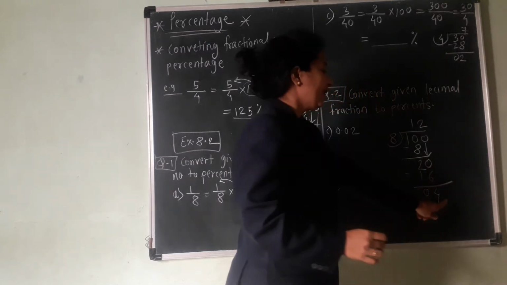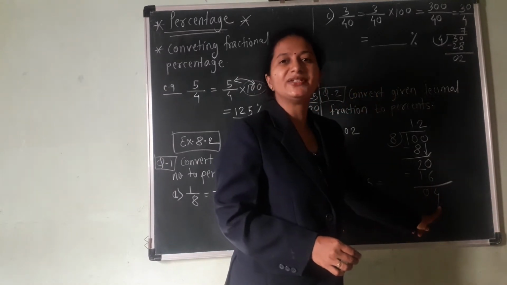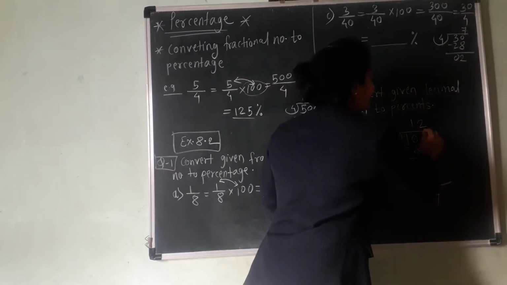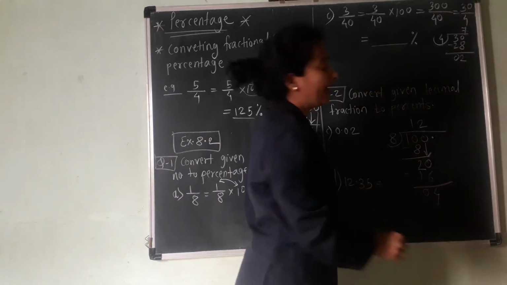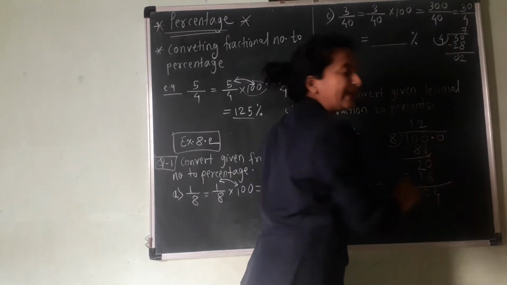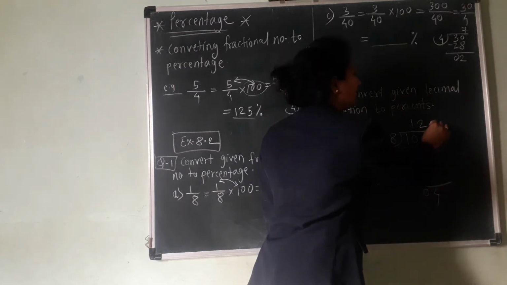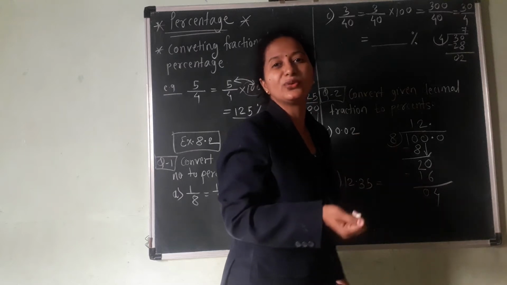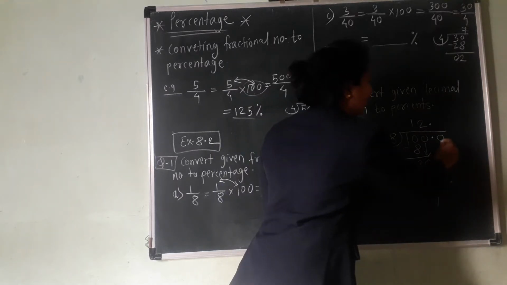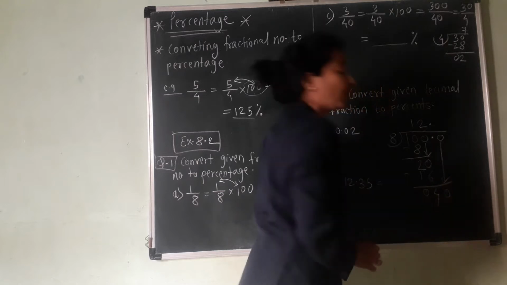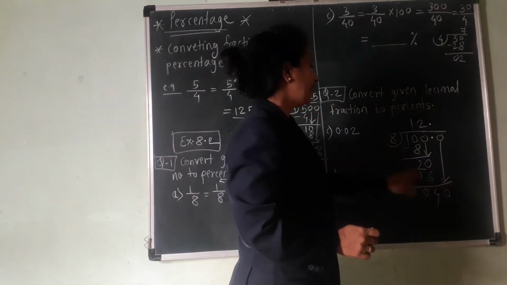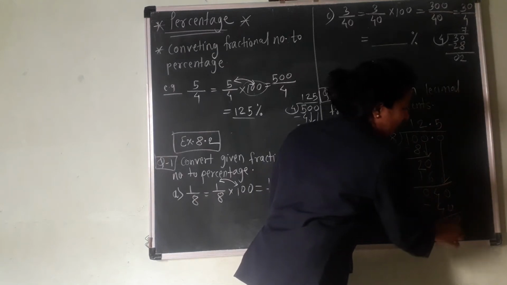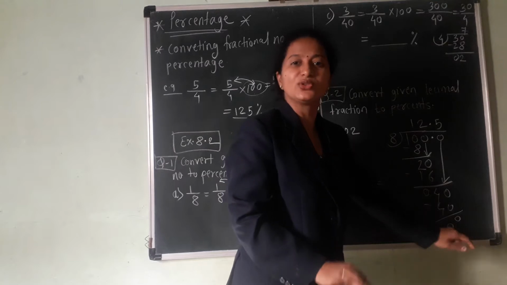Now, until and unless we get remainder 0, we have to keep dividing. Here we got a remainder. So what do we have to do? In the dividend you can put the decimal point and add 0. Once you put the decimal point in the dividend, in the same way at the place of the quotient also you have to put the decimal point. You know how to do division with decimal numbers. Now bring down this 0. Now 40 forms. So here 8 5s are 40. Now check the remainder. Now you got remainder 0, so we can stop here.